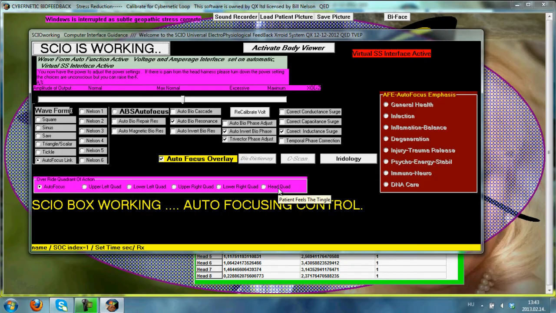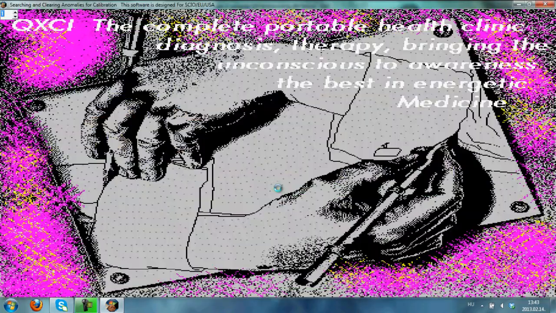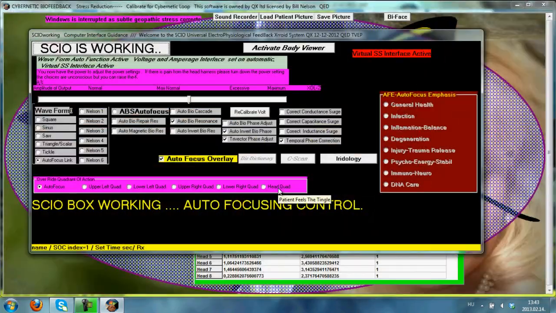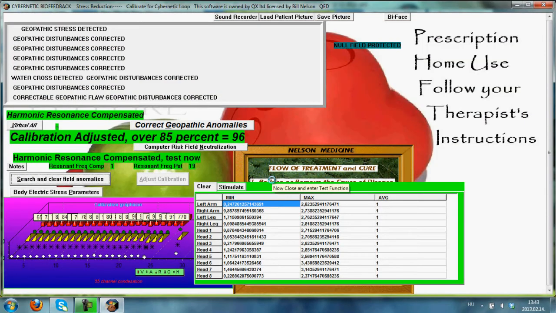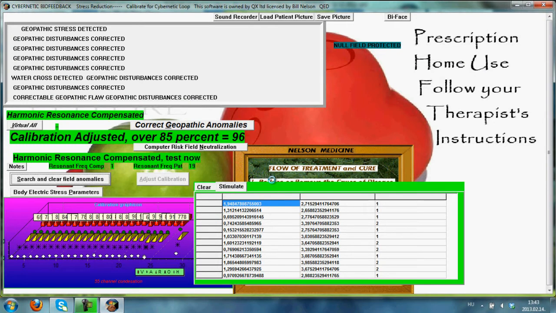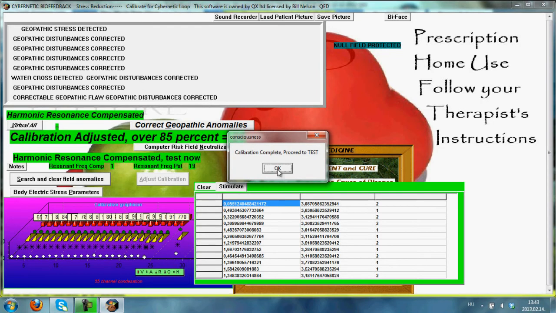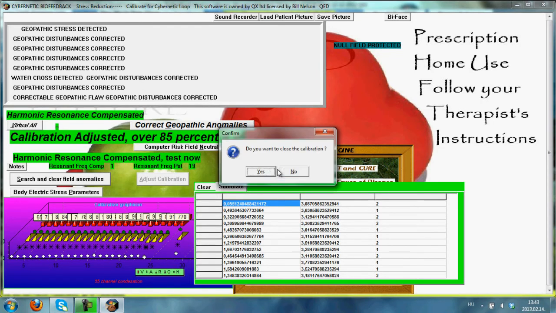As it now is calibrating the speed of reactivity of the patient and the basic body electric parameters of the bar hook, including the speed of reactivity, so that it can treat the patient and interface with the patient most effectively. Measurements with stimulation, measurements without stimulation. And we see that the calibration has been determined about 96% today, meaning we have a pretty good calibration link. If it falls below 85,